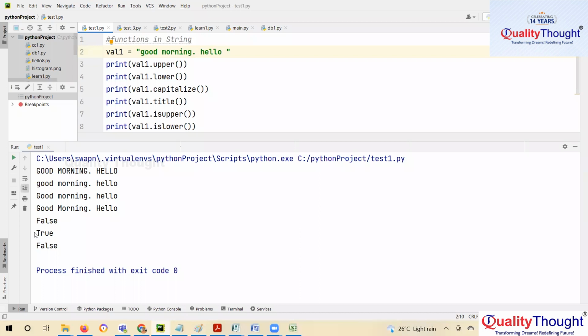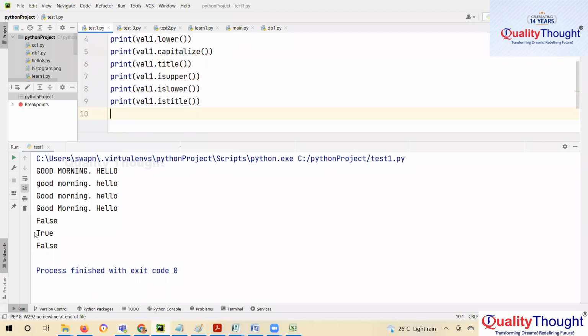Okay, you can check values, or you can even convert. If you don't put is, if you say lower or upper, it will get converted into lower or upper. Okay, we have a few more functions. Let's say I put val2 equal to